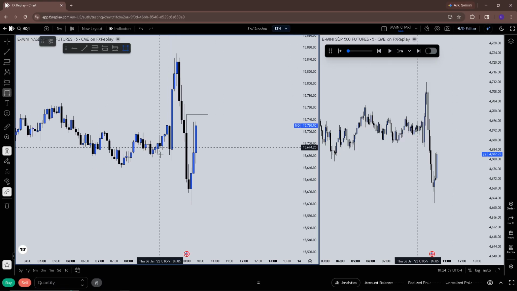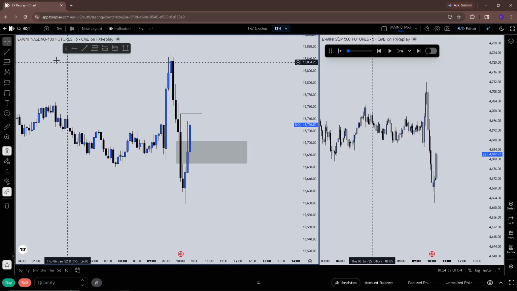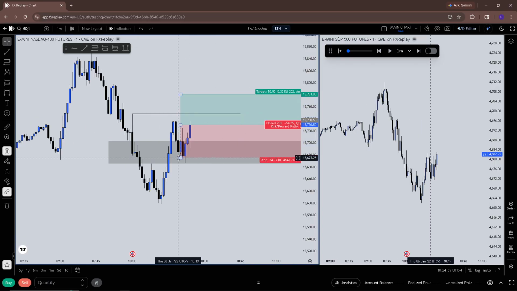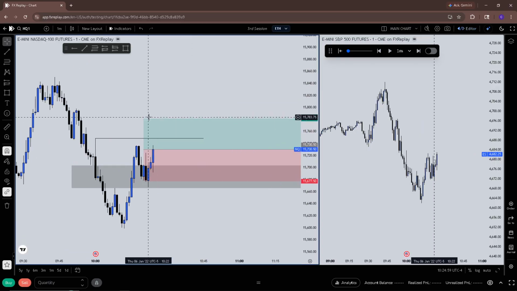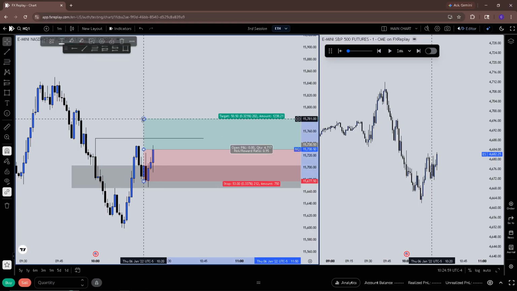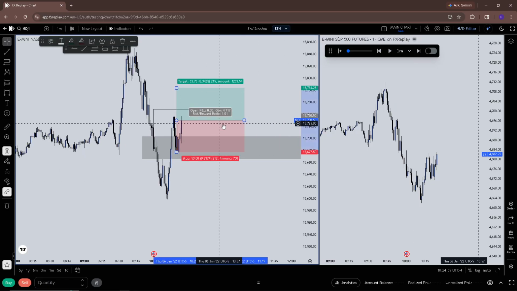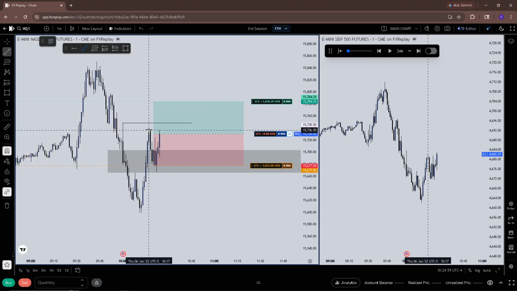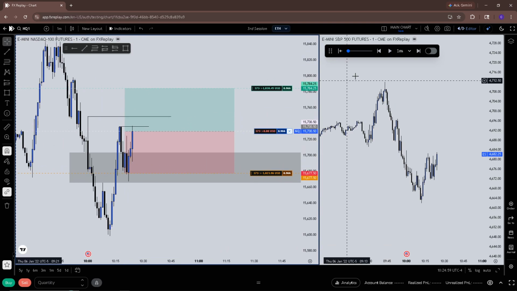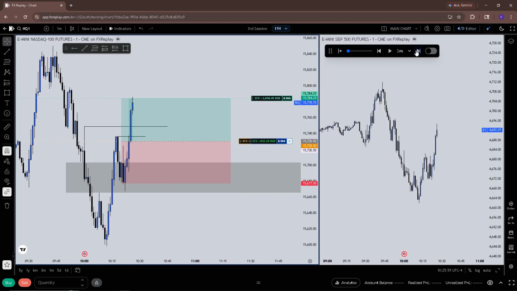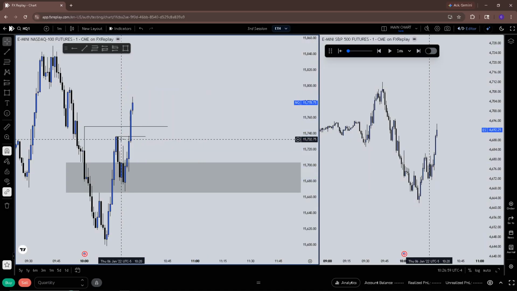Alright, off the 5-minute close, I will take this. Take it for a 1-to-1. And I think we at least sweep out these data highs. Go equal, go break even. Oh, my break even point kind of already got taken. Bang. Go break even here. Bang, full TP. Nice. So a little bit of a mech model.